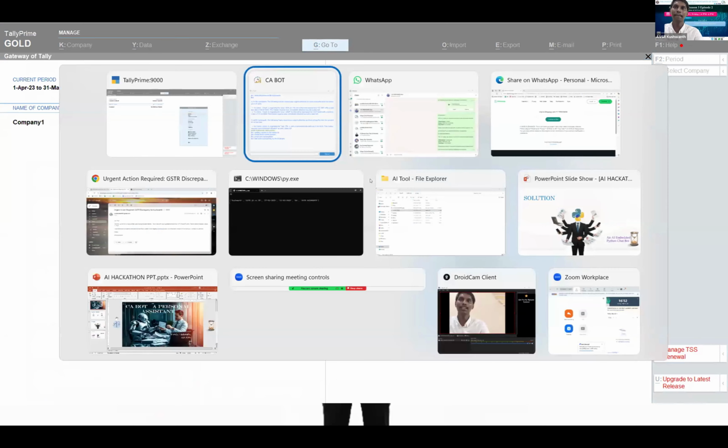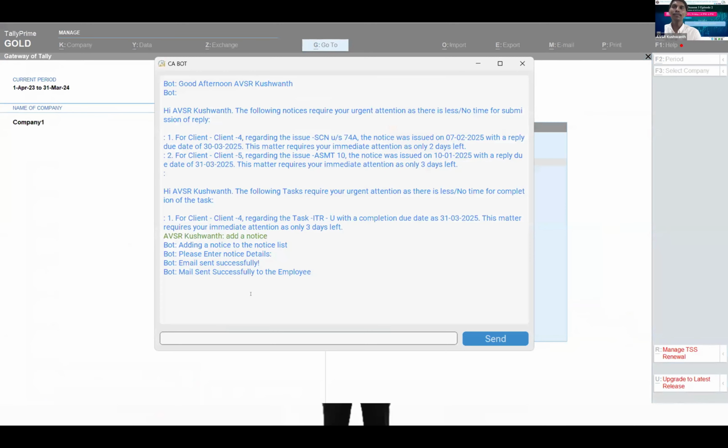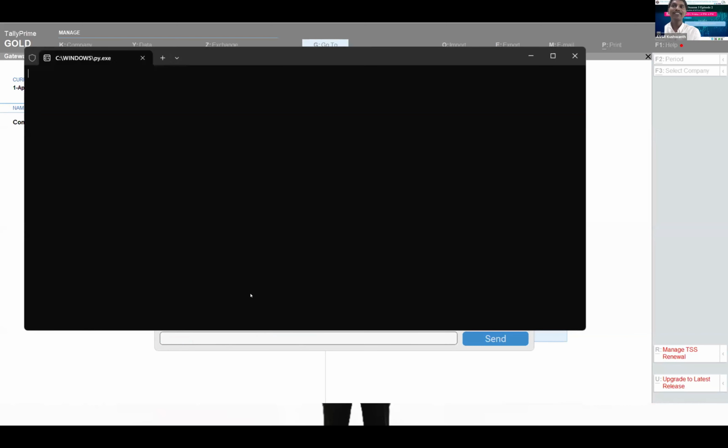So in this particular company, now I need some data, and based on that data, I want to give it some analysis, something like more than 10,000 cash payments and some kind of analysis. To do that, I'm just going to ask my bot to create a Tally data and analyze it. So based on my prompt, it will start creating the Tally data on its own without any information from my end. And based on that, it will try to analyze the data and give me a detailed analysis of my